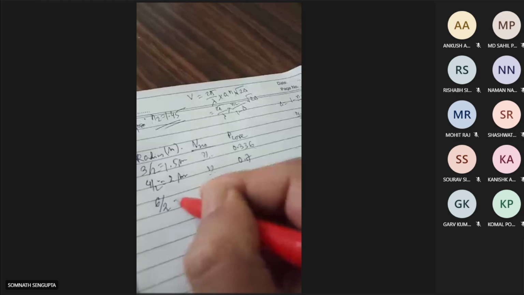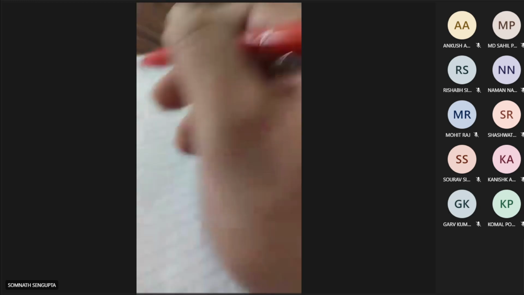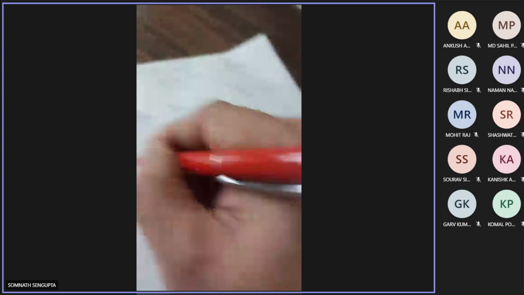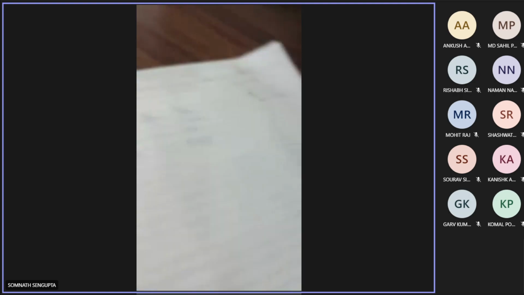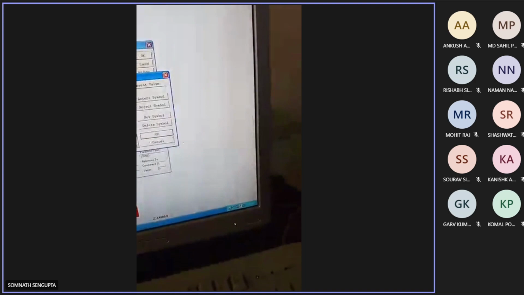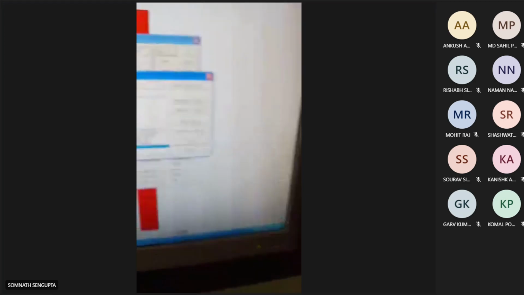6 by 2, that is 3 micrometer. Then you have to calculate the V number, and the power is 0.955. Then consider another value, let us say a slightly higher value, that is say 10 micrometer diameter,